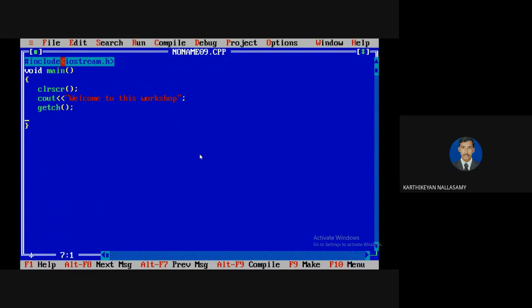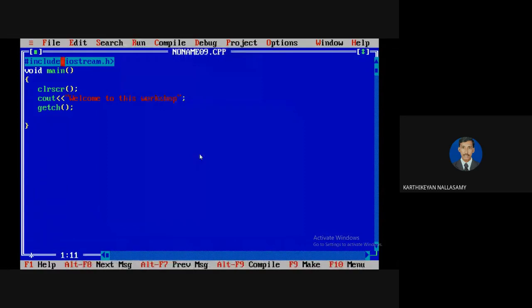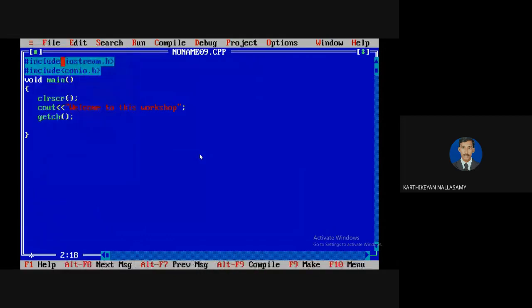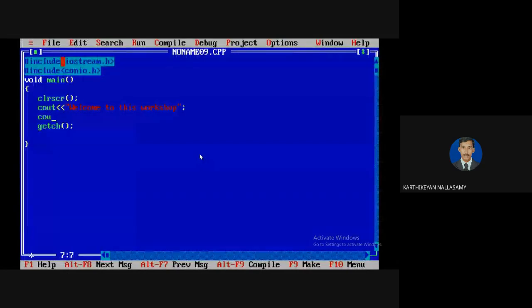Here I didn't use any escape sequence. We know that escape sequences are normally used only within an output statement. Let me compile this. I'm showing the output without using any escape sequence. Then I'm going to print programming in C++.